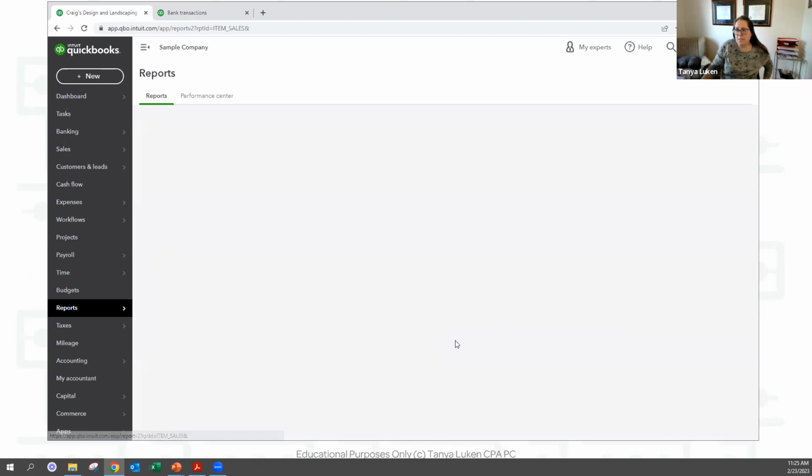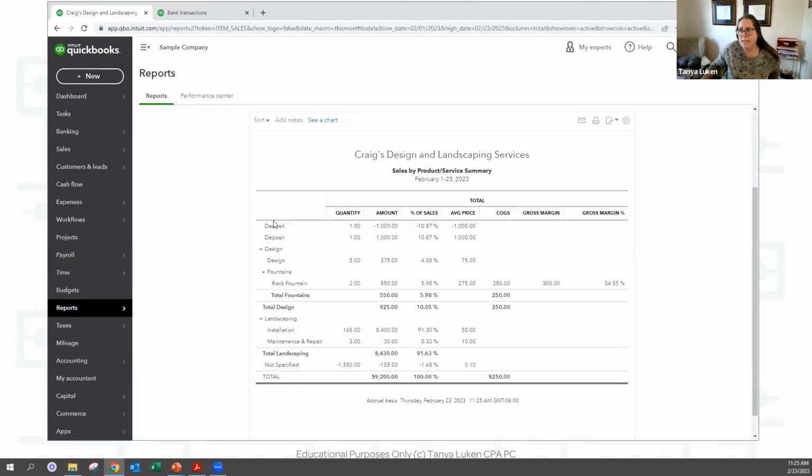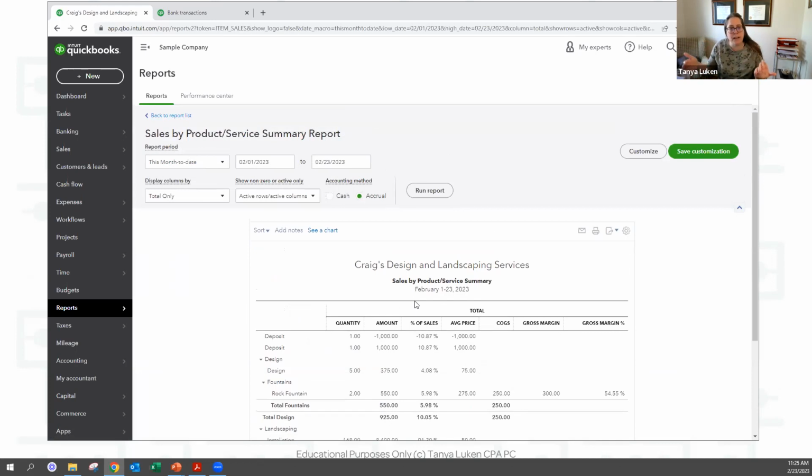Your product and service summary, sales by product and service summary, is going to tell you what we invoiced everyone for. So for example, here's the $8,400 installation job that we created for Amy's Bird Sanctuary earlier. This is why you would enter all of those transaction details, so that you can run these reports later.